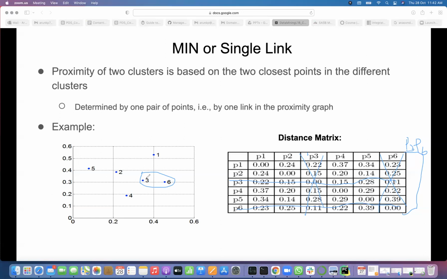So whenever you have more number of points, then for each point in other cluster, here in this case, only one point is there in other clusters other than 3, 6. That's why only 2, 2 you are finding out. So here the min is nothing but you need to take all the pairs from one point from one cluster, other point from other cluster, get the minimum. So that should be added or merged in the next iteration.